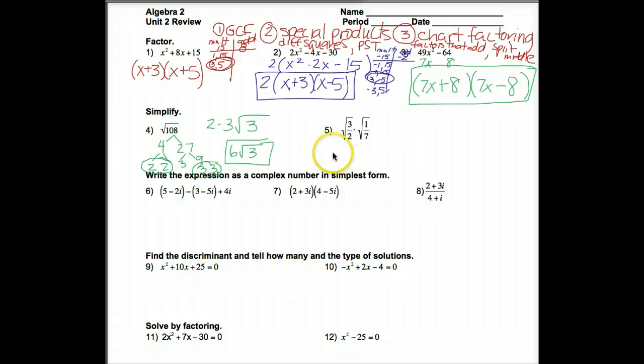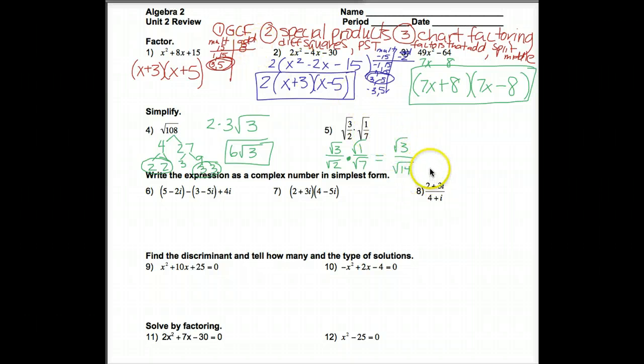On number 5, there are many different ways to do this. I started by giving them each their own symbol. And then I multiplied the fraction. So radical 3 times radical 1 is radical 3. Radical 2 times radical 7 is radical 14. Then 14 doesn't break down because it doesn't have any perfect square factors, neither does 3, so there's no simplifying